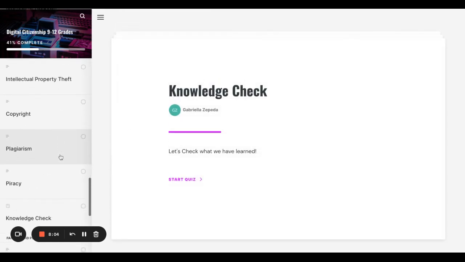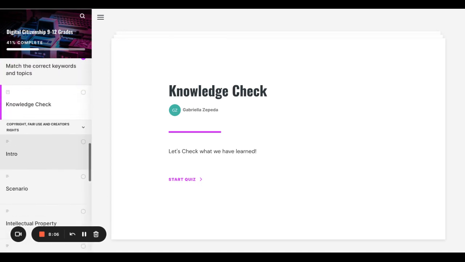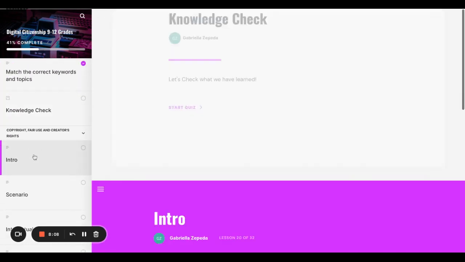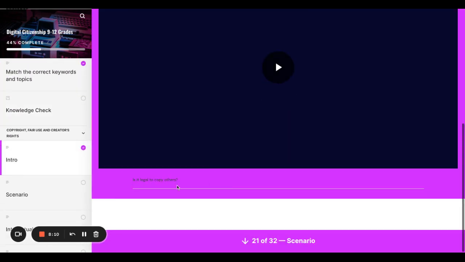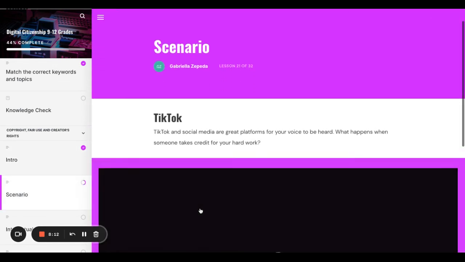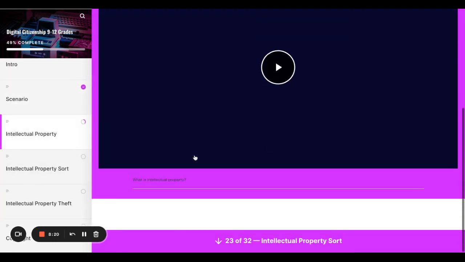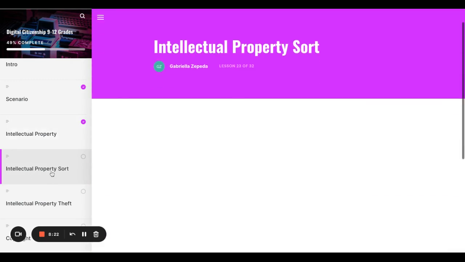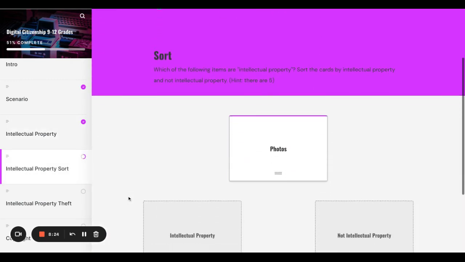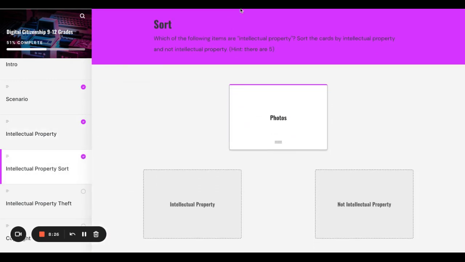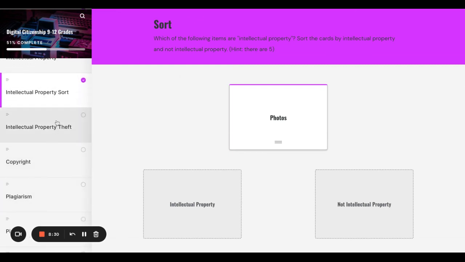And then these last two sections that I have here are also similarly set up. My intro, describing each of those sections there, going into my scenario. My learners will be able to relate to this TikTok scenario here. Intellectual property, my learners watch the video, and then further on go into a sort. So I explain it up here and give them some hints on how they can do better if they're having any